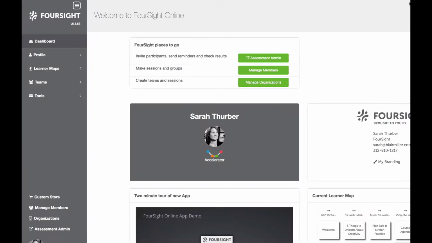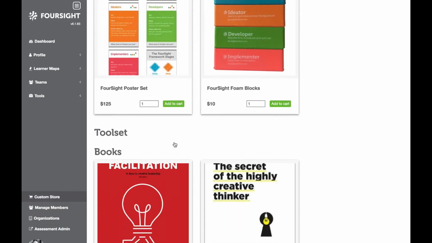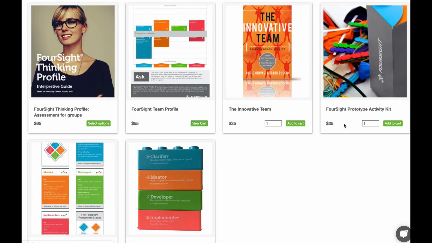Ready to check out your new custom store? Go to the app and look at the menu on the left-hand side. Click on Custom Store and you'll find the same favorite items that you've always seen in the FourSight web store, but here you can simply type in the quantity you want and click Add to Cart without ever leaving the